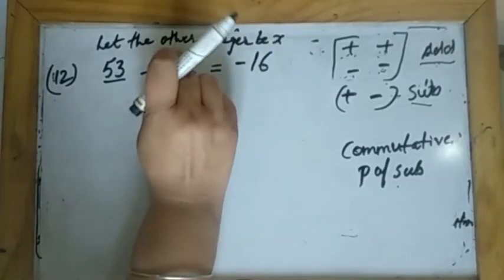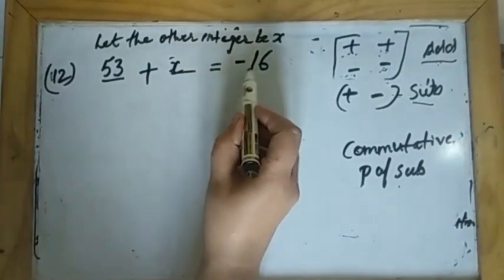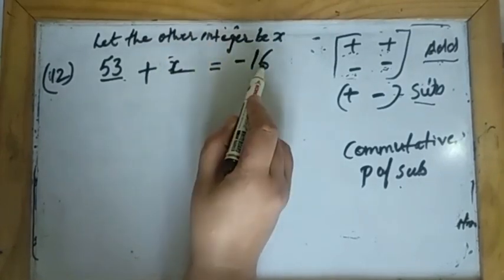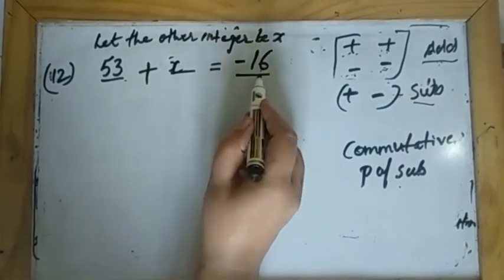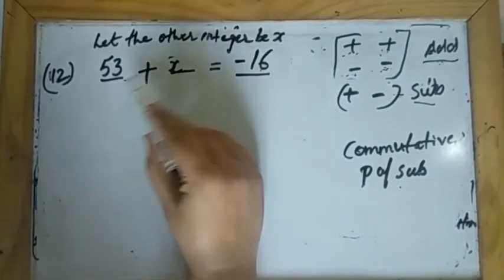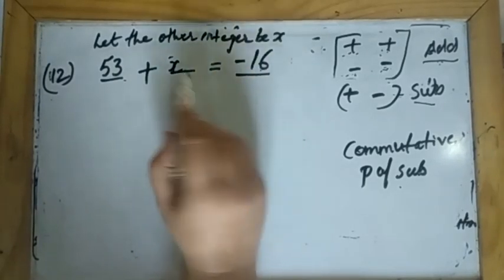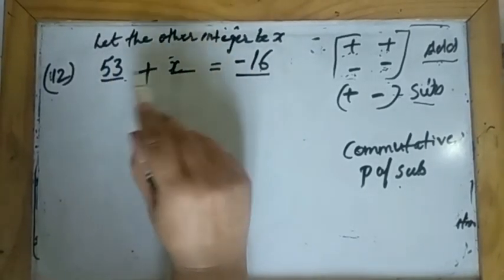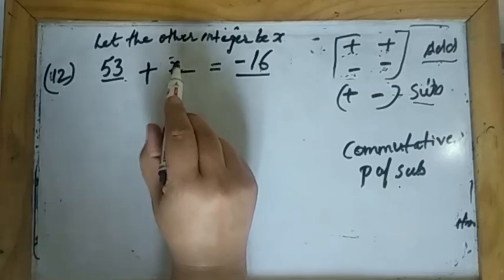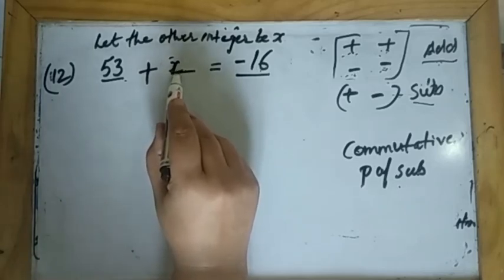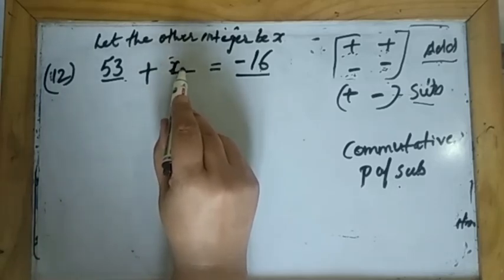So put this as x. Again they are saying the sum of two integers is minus 16. This is the sum, means answer. When you add two numbers, the answer is minus 16. One of the integers is 53 and you have to